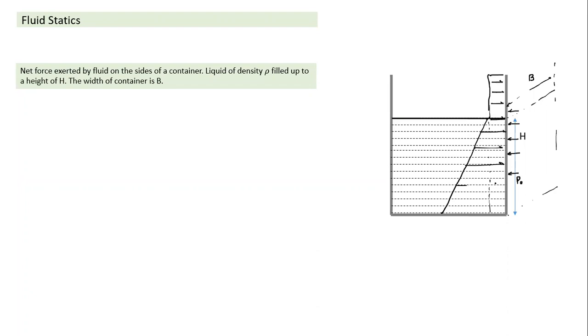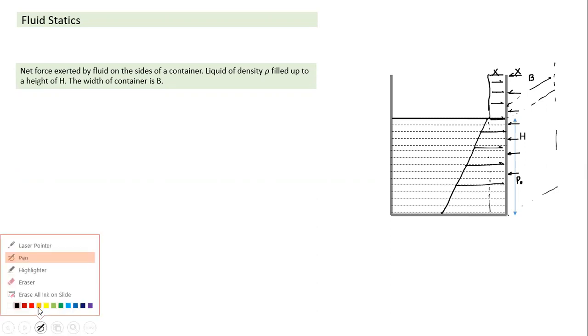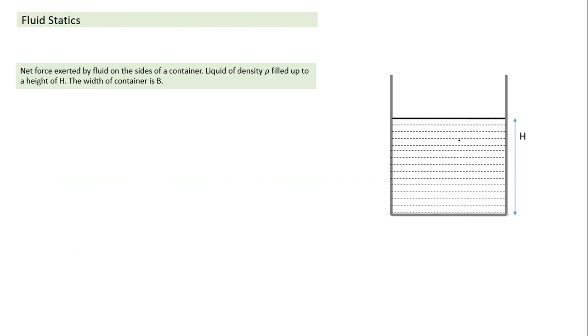And pressure is not constant. Outside, atmospheric pressure is also acting. But what you easily notice here is that when we have to calculate net force, since atmospheric pressure acts on both sides, I can ignore those two. We can cancel it out. I will only take the net force due to gauge pressure, the pressure in excess of atmospheric pressure. So I'll look at gauge pressure.